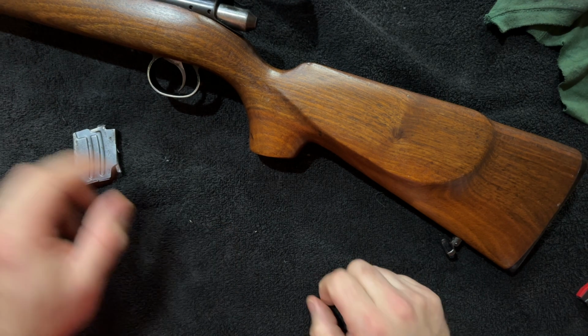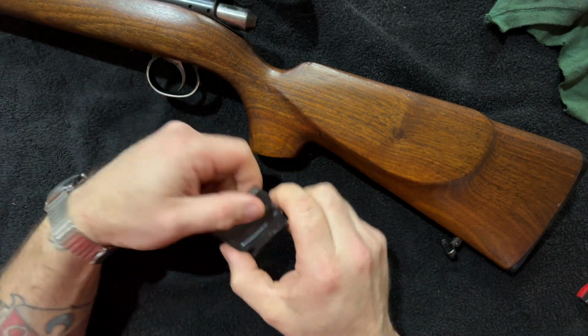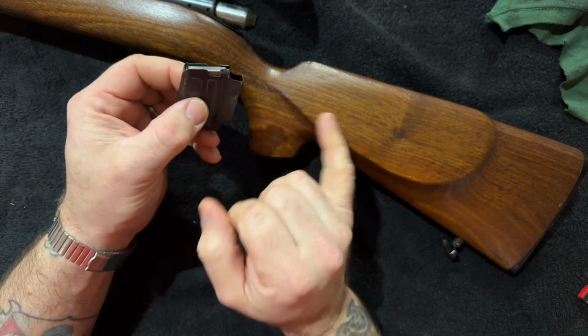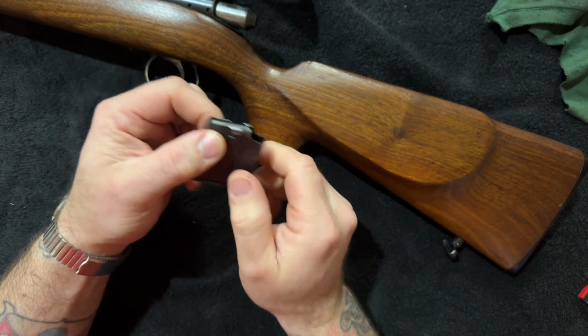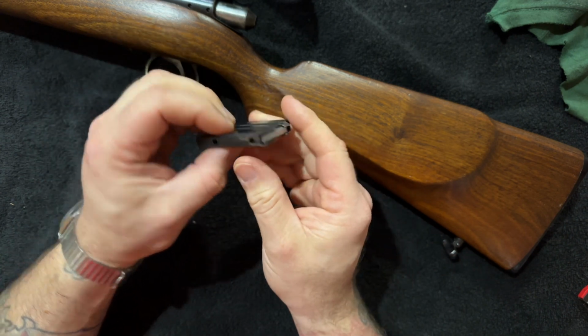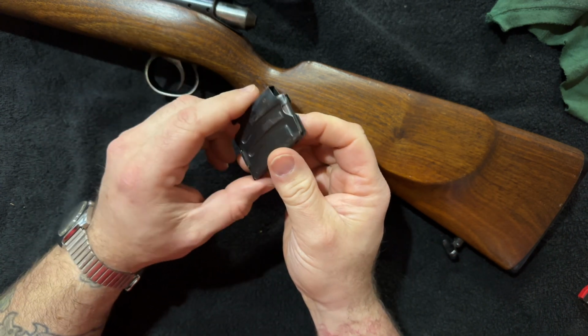Hello, Rimfire friends. I thought I would film a quick video just showing the magazine specifics for this BSA Supersport 5. I figured I would because I know I talk about it often, wanting to be kind of like a